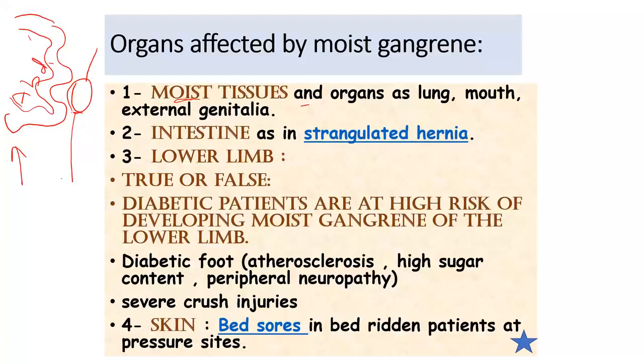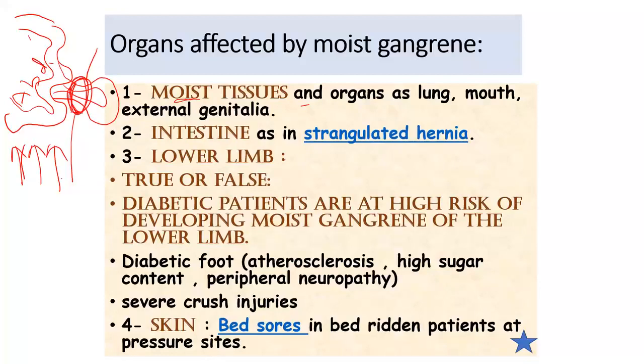What does strangulated hernia mean? Hernia means passage of the intestine. Okay, the intestine inside the abdominal cavity with its mesentery, they are free to move with increased intra-abdominal pressure, as in cases of straining, constipation, labor work. This will lead to straining and increased intra-abdominal pressure, so the intestine can pass through the hernia ring together with its mesentery. Okay, this is called hernia, and so the intestine passing through this ring will be